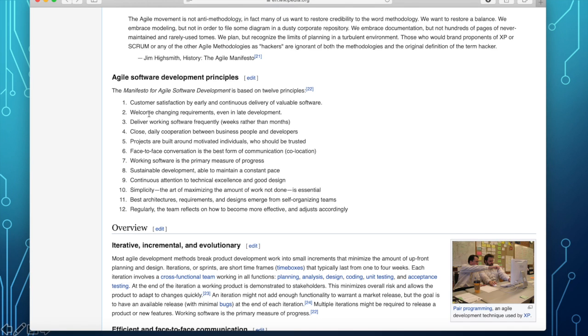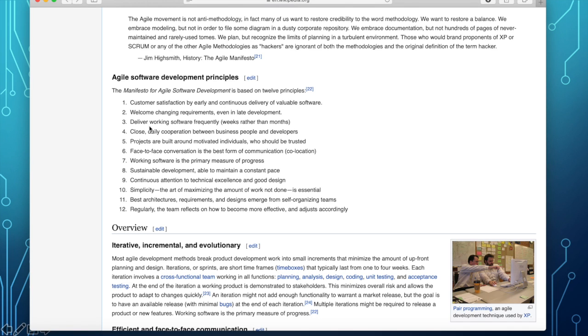Welcome changes, even in late development from the client. Since you are evolving incrementally, you are not finishing the product at that particular iteration. The customer always has the right to change requirements.